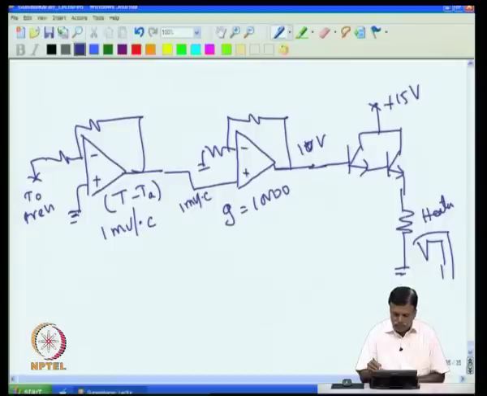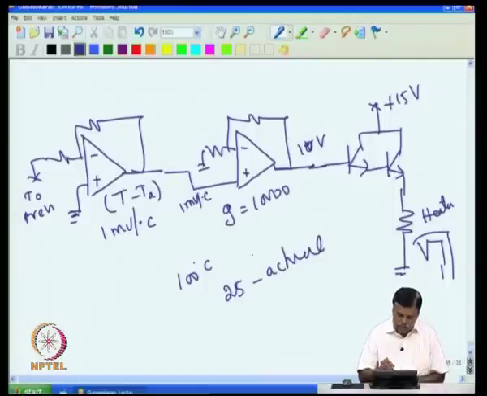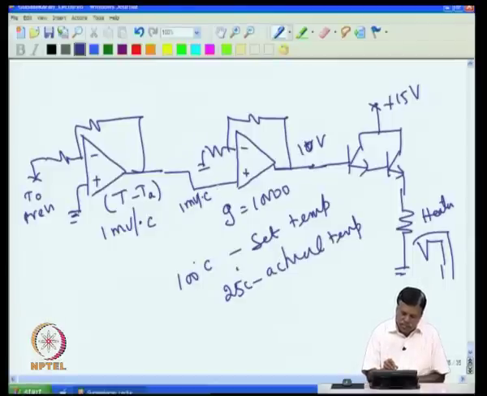Now if the set temperature is 100 degree C, and in the morning I come and switch on, and it is at room temperature, that is 25 degrees C, the actual temperature. This is the set temperature, and 25 degrees C is the actual temperature. The difference is 75. I know that I will get 75 millivolt here, and 75 millivolt multiplied by 10,000 will give you 750 volt, and 750 volt cannot come. What is available is only 15, so 15 volt comes here, and here 13.8 comes and the heater heats up, and